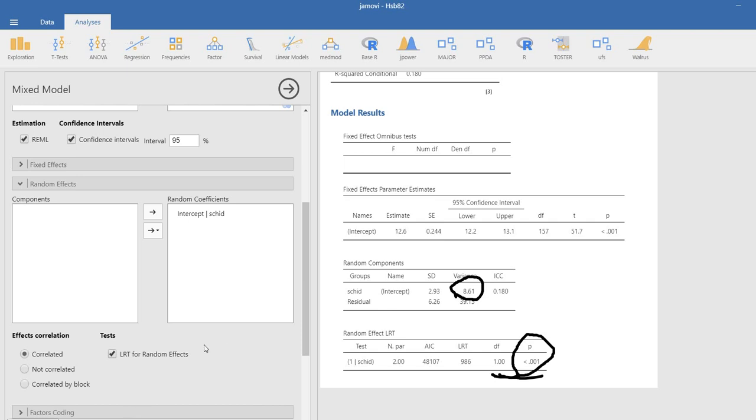So that actually lends support for the use of a multi-level regression modeling approach. Secondly, we have another indicator, which is the ICC. This is the intraclass correlation coefficient. And computationally, it's nothing more than just taking the variance of the intercepts at level 2, so the variance of